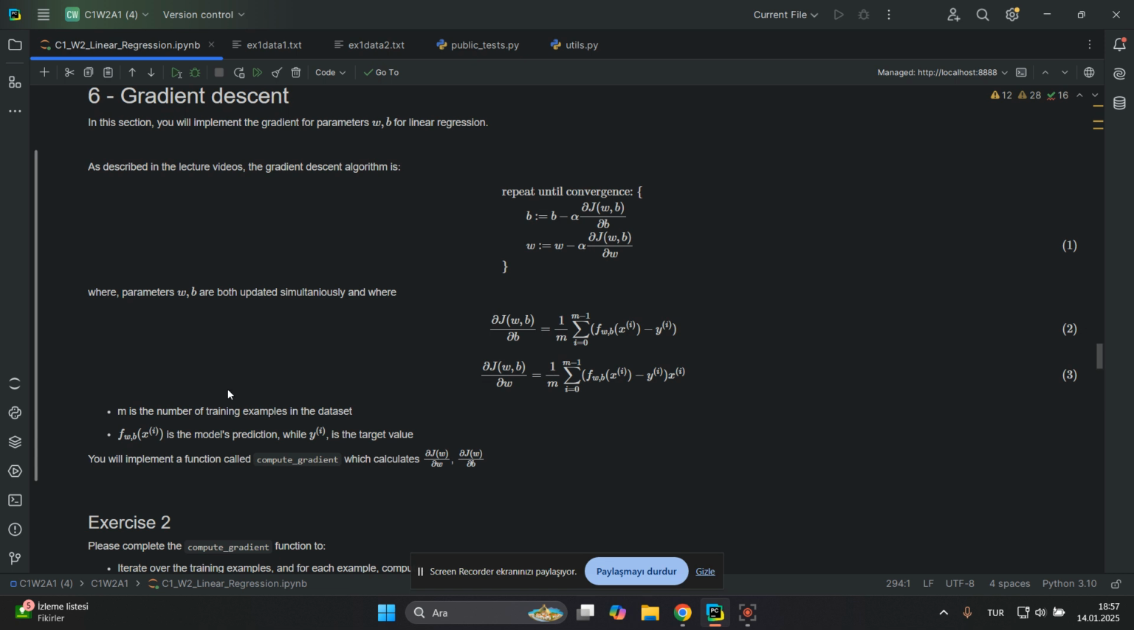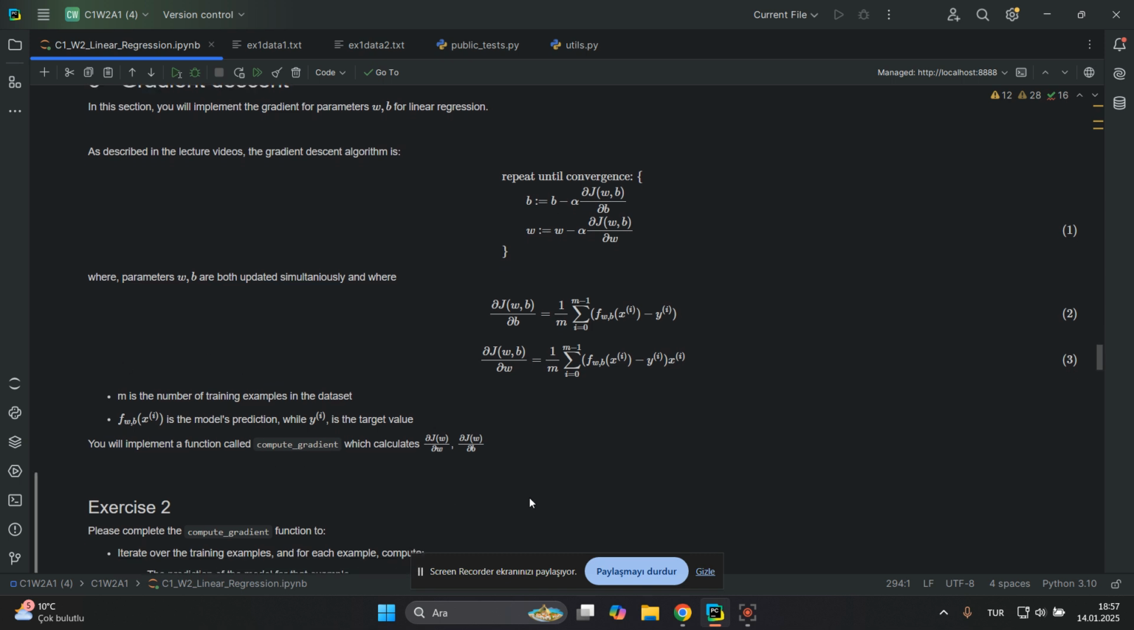In this section, I will implement the gradient descent algorithm for the parameters w, b for linear regression, as described in the lecture videos. Both parameters w and b are updated simultaneously, where m is the number of training examples in the data. And you will implement a function called compute gradient, which